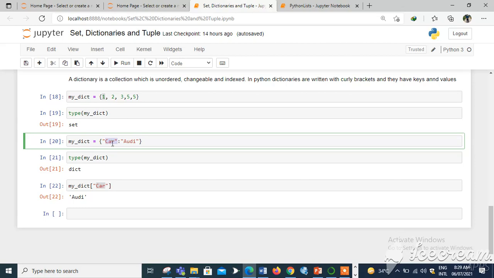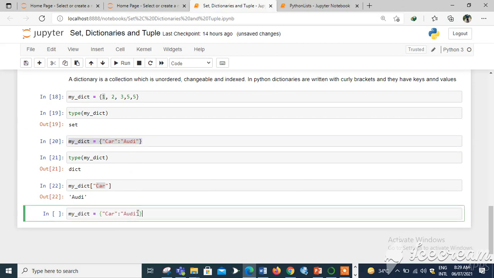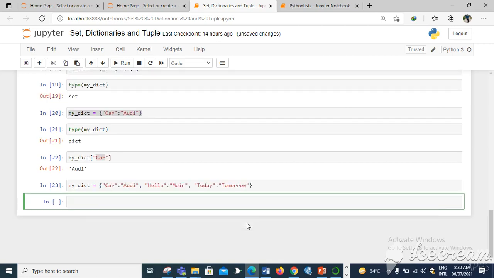If I have multiple key values in my dictionary, for example, if I just copy it over here and here, tomorrow. Okay, so if I want to print all the key values in my dictionary, I can loop through the dictionary. For example,